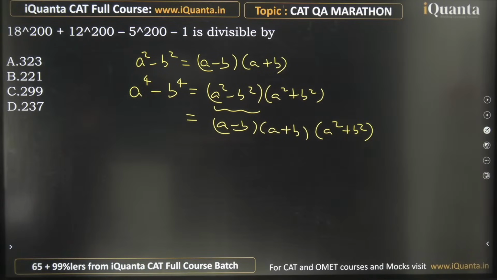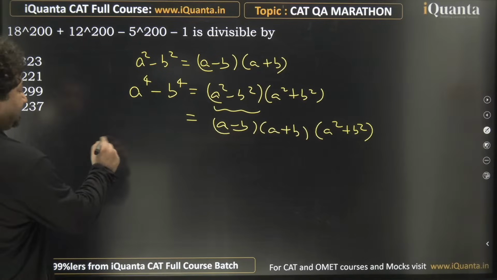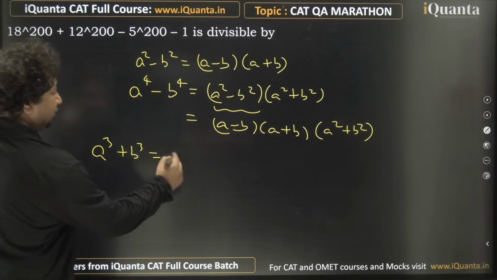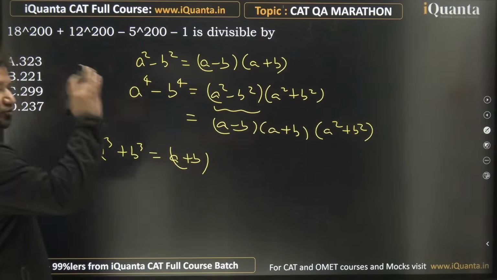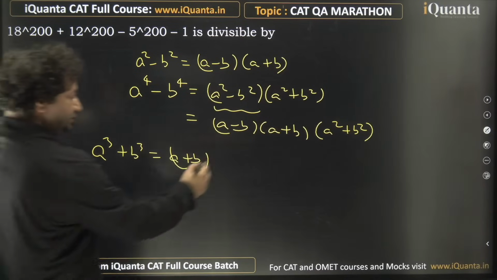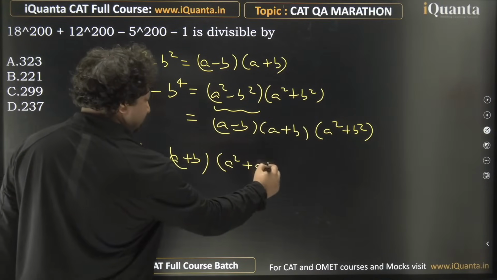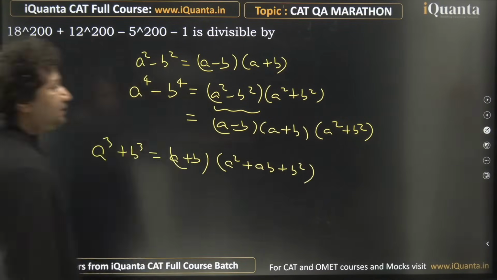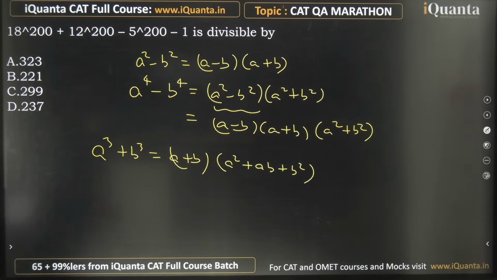Is that right, everyone? Second point: if the powers are even, then also A plus B is going to be a factor. If powers are odd, then also it's going to be a factor. This is what I am using over here. So instead of